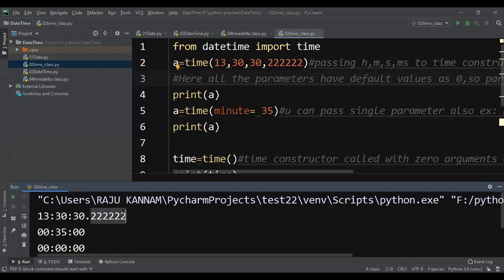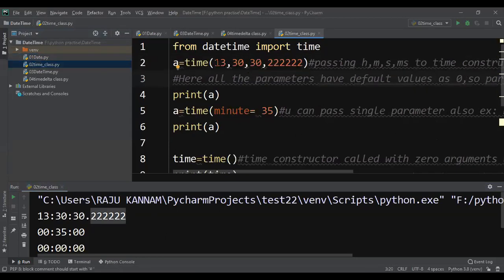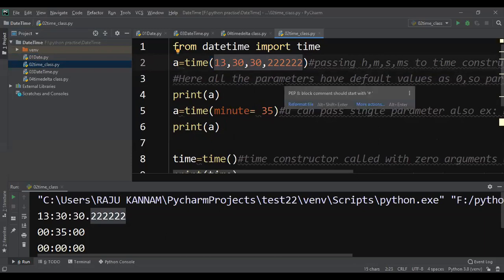Remember, in the date class, year, month, and day, all three parameters must be given. If you don't give three parameters, it will throw an error. But in the time class we actually have 5 parameters, and here we are giving only 4. That means the parameters in the time class have default values.